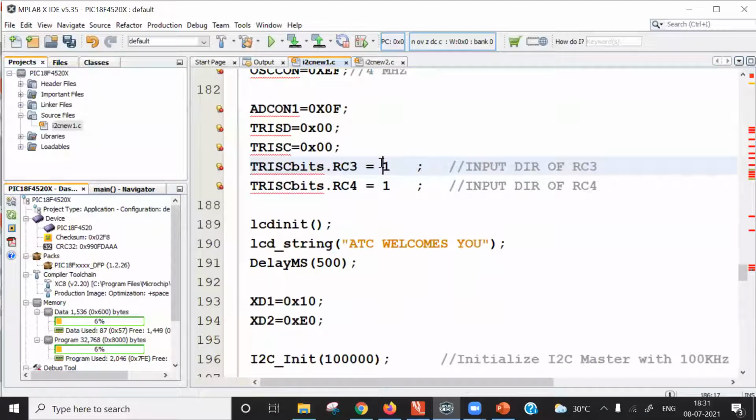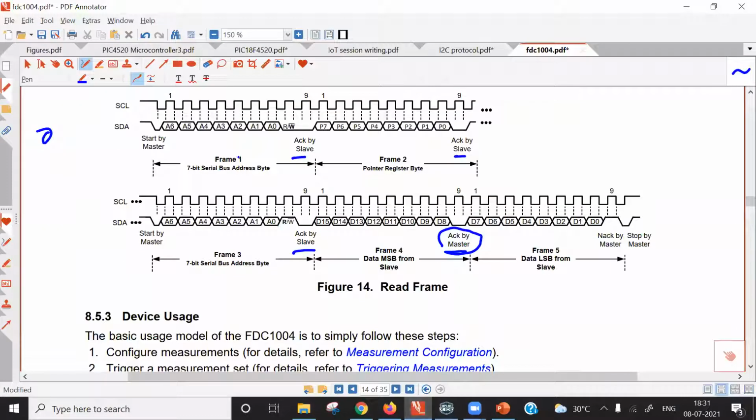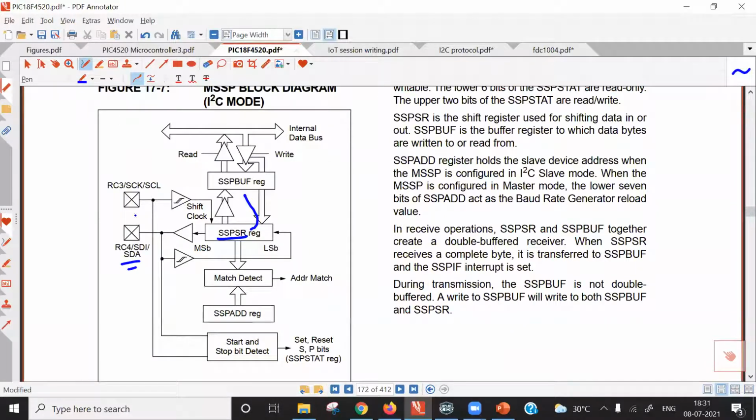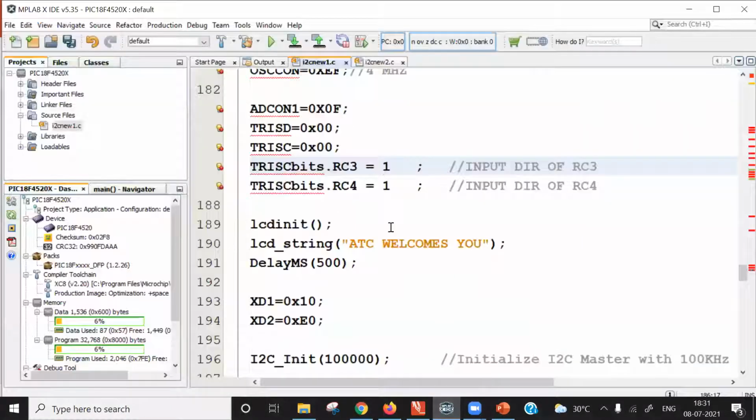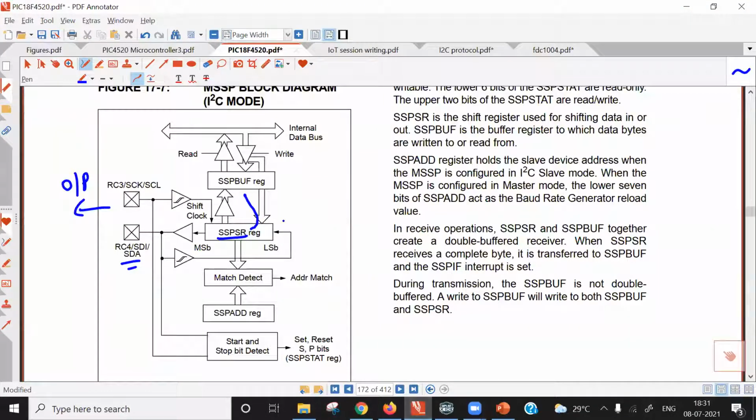In fact, here the port is not input, because the clock is shifted serially. This port C pin is actually an output port, but when the TRISC bit is written in the code, it is set equal to 1. So when it is 1, it becomes input, but in fact the port is output. So you may have some confusion. Let me clear your confusion. This port pin is multiplexed for clock as well as port C operation. When it is configured as RC3, it becomes a general purpose input-output pin.